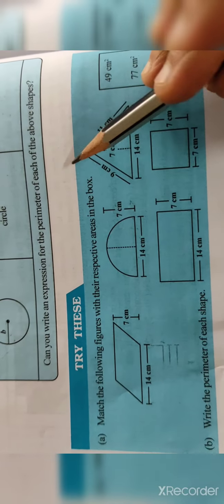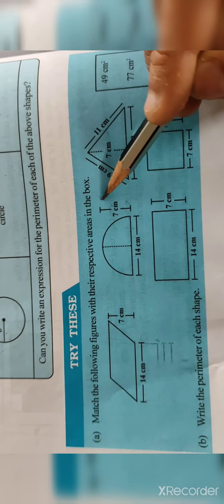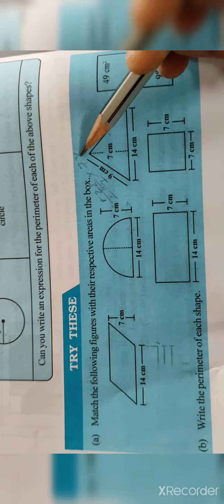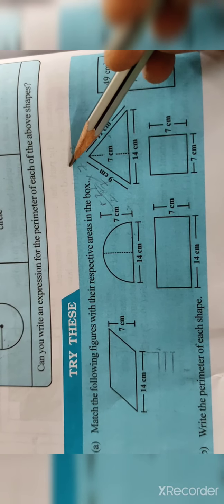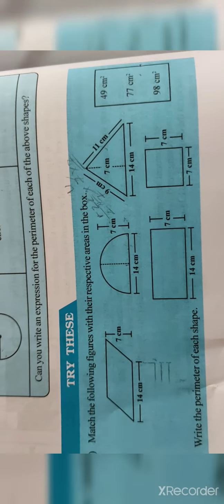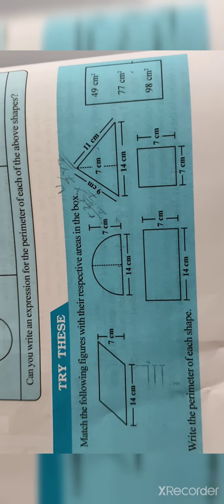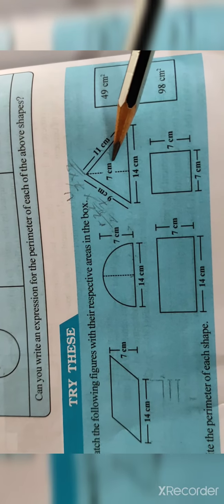Okay. So I am solving here pi r square. But here is the semicircle, so half pi r square. So pi is 22 by 7 into radius 7 into 7. Half is 11. So 77 centimeter square. So it is the area of semicircle maybe, and one more, length into breadth. 14 sevens are 98 centimeter square. Okay. Now here half into B into H.